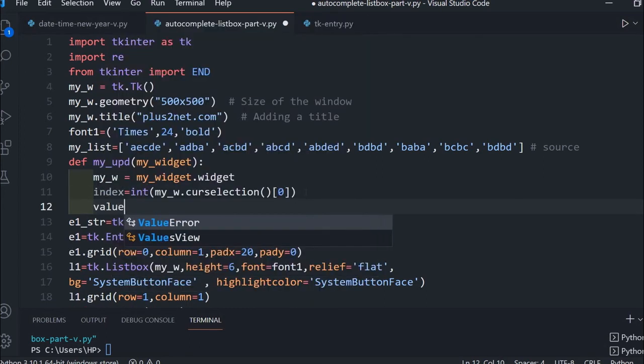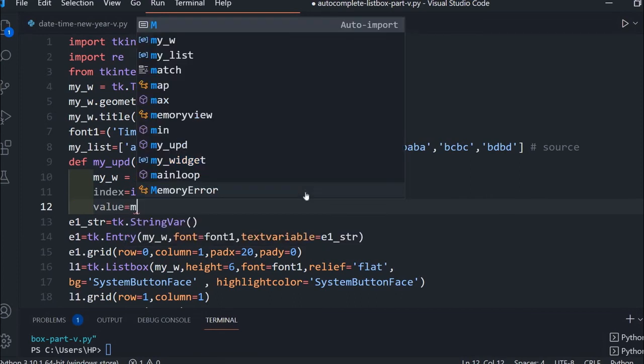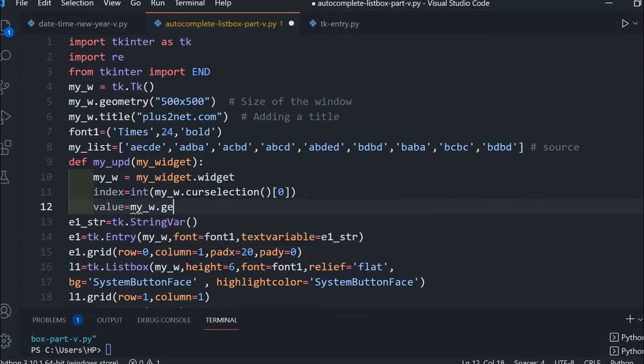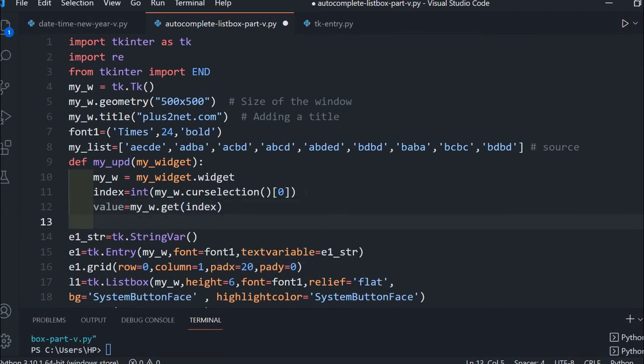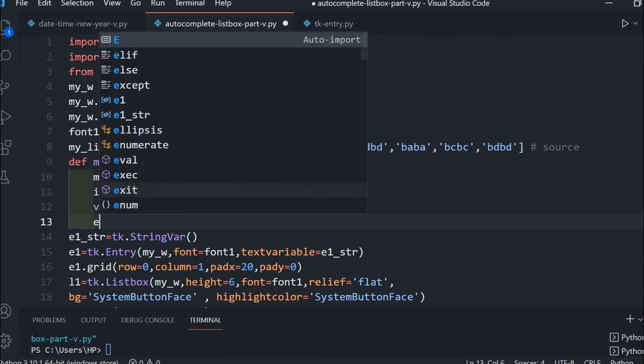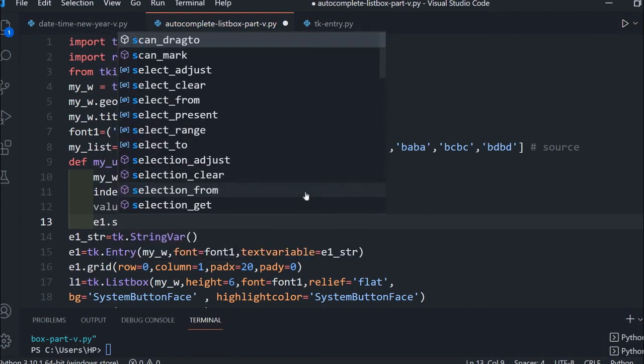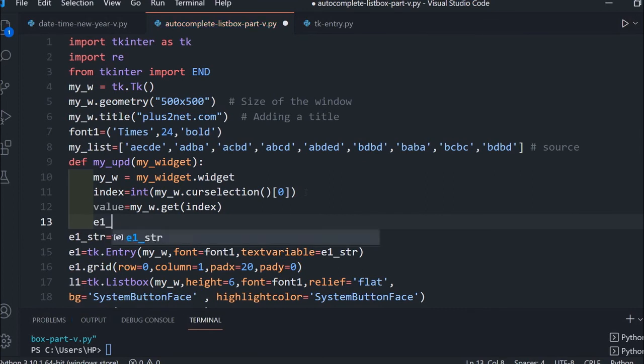Now what is the value in that position, for that I will say my w dot get index. Now this is the value, not, see, index is the number only, it tells the position, it does not return me the value. Now using get, I will get that value, whatever the user has selected. Now I will set e1 underscore str.